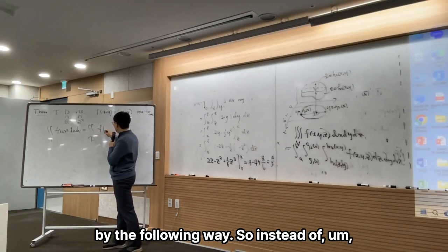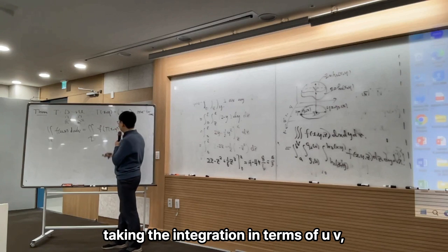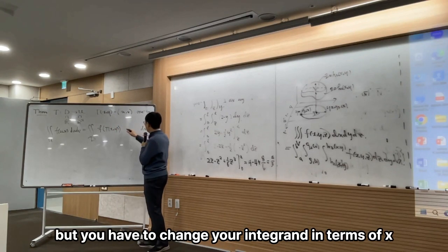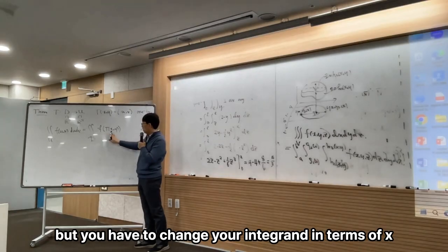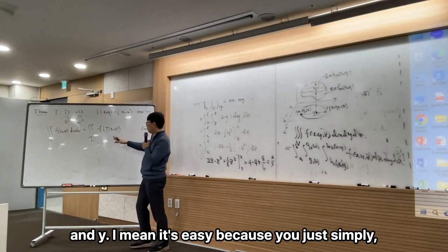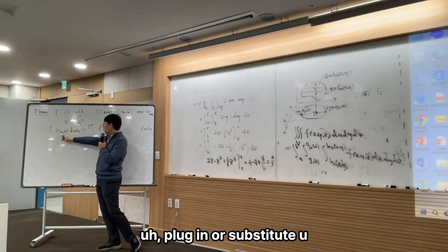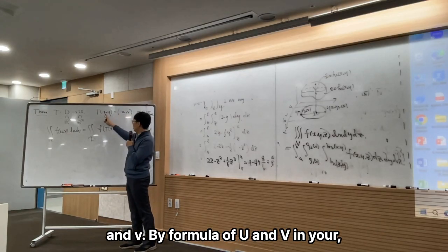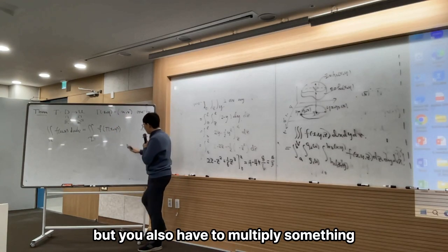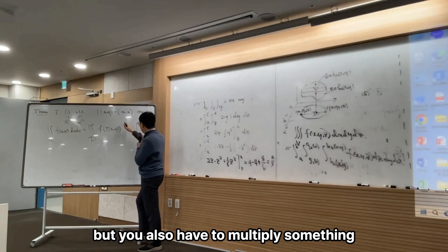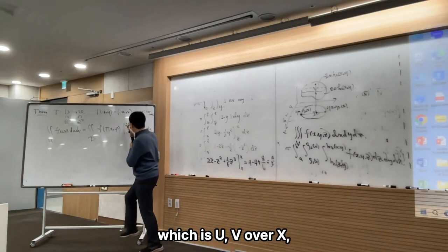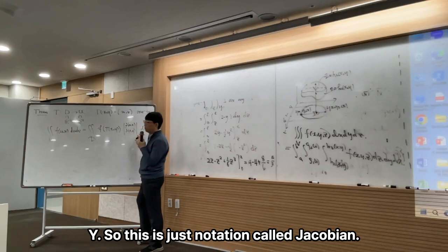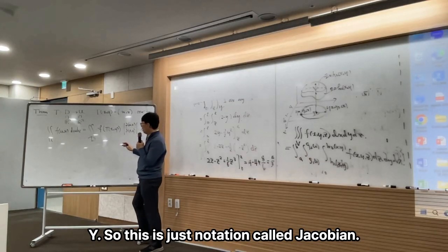Integration by substitution says we can compute the same double integration in the following way. Instead of taking the integration in terms of uv, you can take integration by dx dy. But you have to change your integrand in terms of x and y. It's easy because you simply substitute u and v by the formulas of u and v in your one-to-one function T. But you also have to multiply something, which is